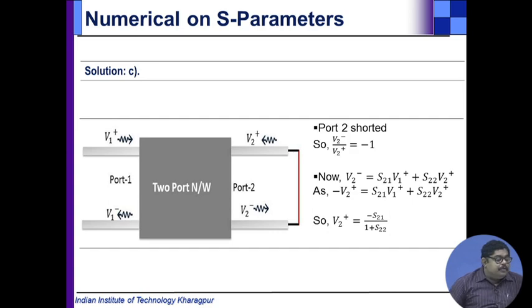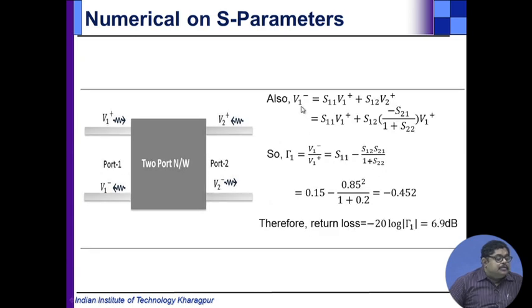Then V2 minus, from the general S matrix definition, we can write V2 minus is S21 V1 plus S22 V2 plus. Now, here we put this value that V2 minus is nothing but minus V2 plus. So, from here I can solve for V2 plus,